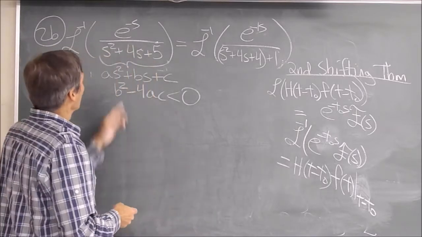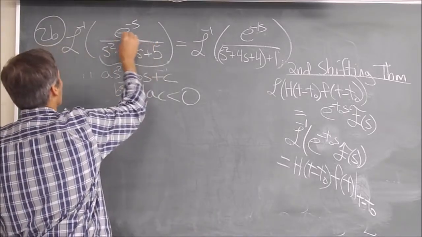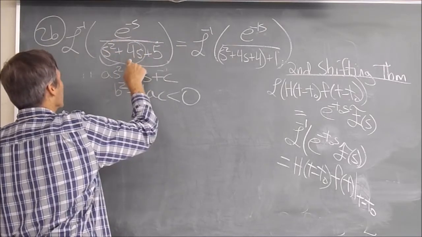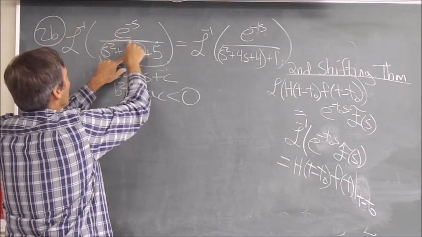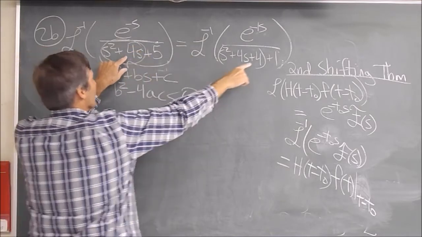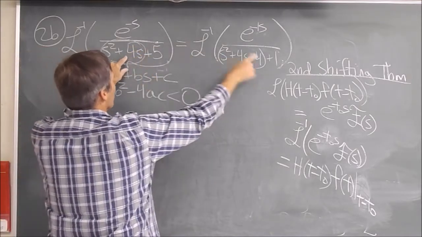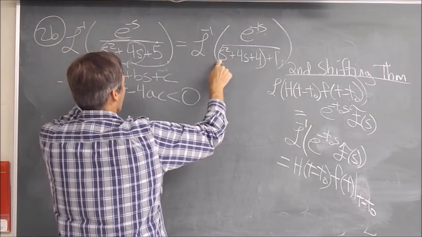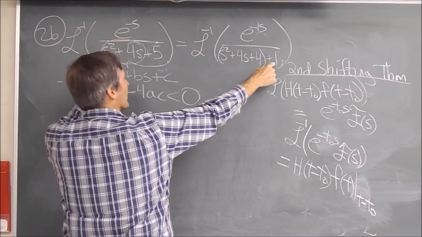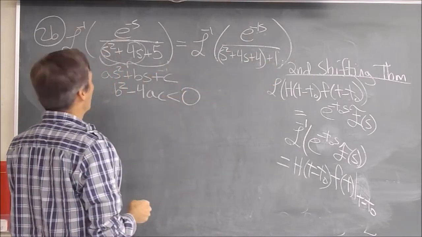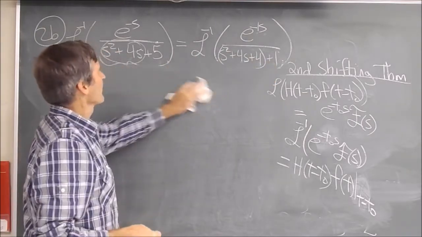the square. Alright, completing the square means I take this part and figure what would I have to add to make this a square. I take 1/2 of this number squared, which is, 1/2 of 4 is 2, squared is 4. I have to have 4 here. So I'll break this up into s squared plus 4s plus 4, a perfect square. Then I have 1 left over to make 5, right? So this is what I wind up with. And now,